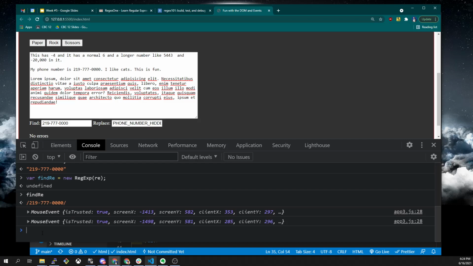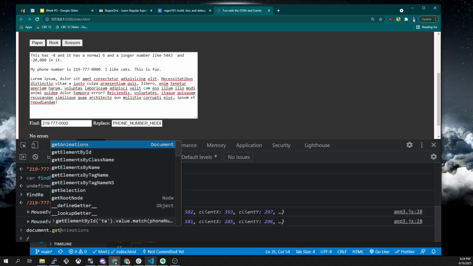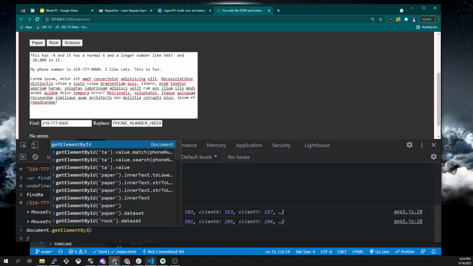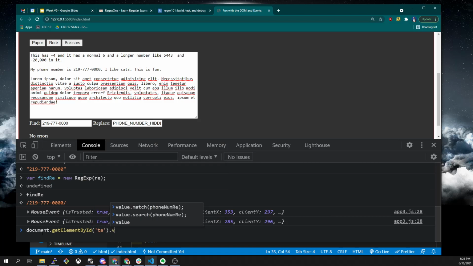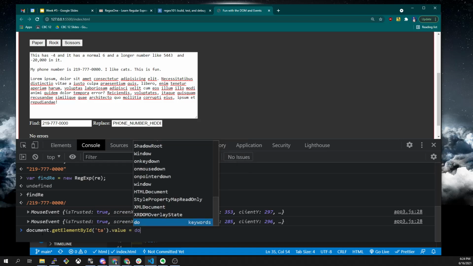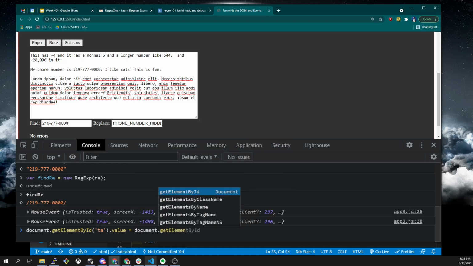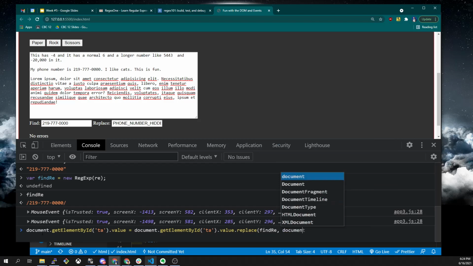So we might do something like document.getElementById("TA").value equals document.getElementById("TA").value.replace(find regex, with document.getElementById